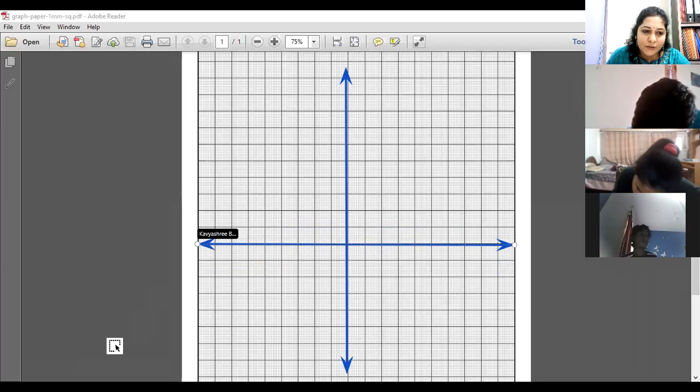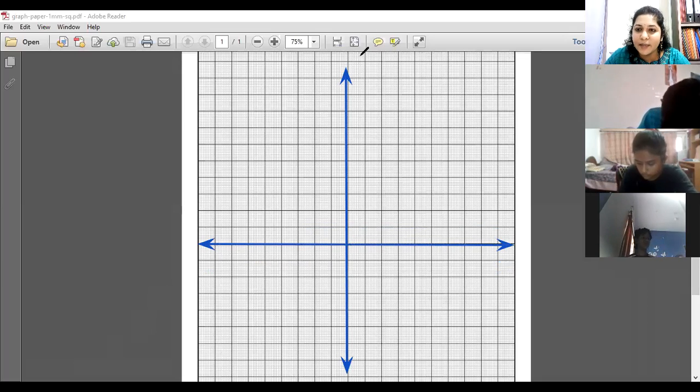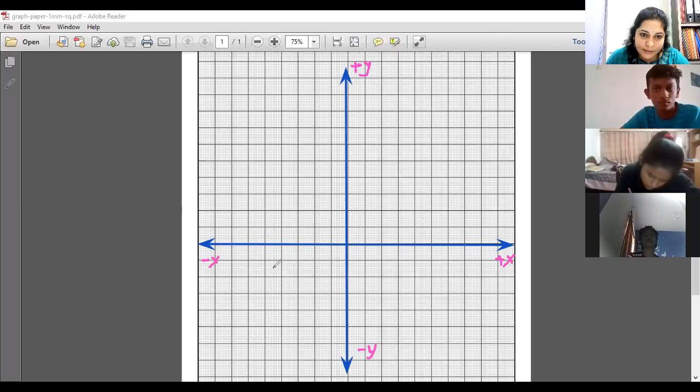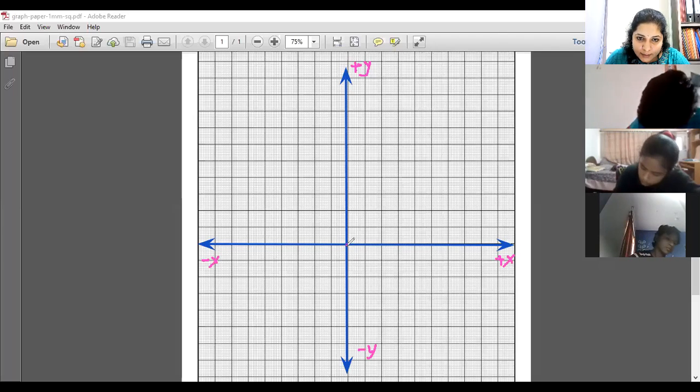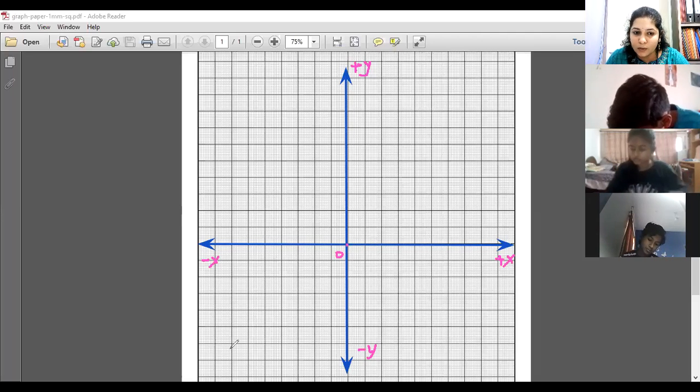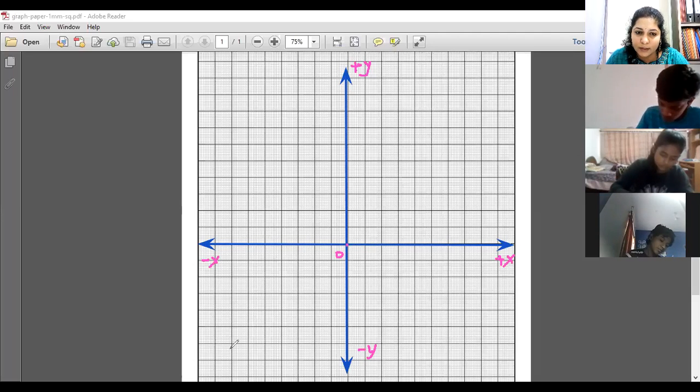Okay, so as soon as you draw the four quadrants, or the two axes, what is the next step? You should immediately mark the axes. This will be your plus y axis, this will be your minus y axis, this will be my plus x axis, and this is my minus x axis. Then mark the center, which is the origin. To the right side of the origin, you have all the positive coordinates, and here you have all the negative coordinates. Correct. So now comes the question, how to choose the scale.